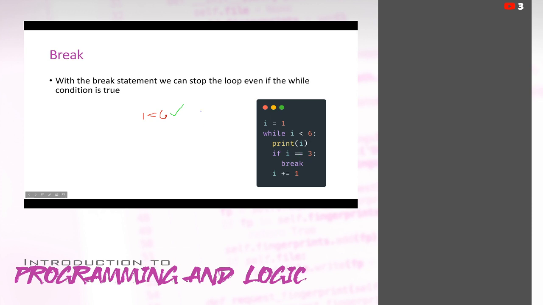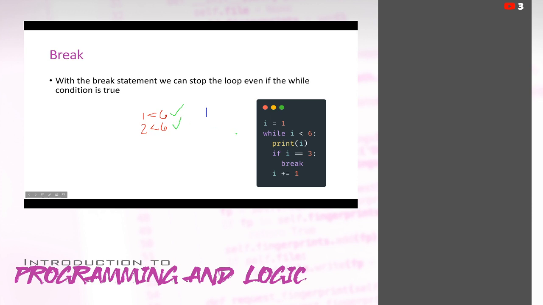We're going to print I, so 1 is going to print to the console. Then we're going to check to see if I equals 3. It's not. So we're going to add 1 to the value of I. So now I equals 2. So 2 is less than 6. That's true.